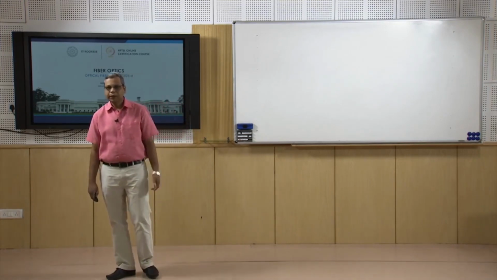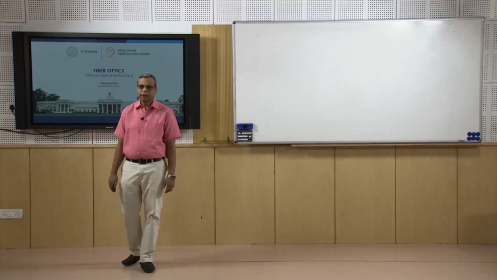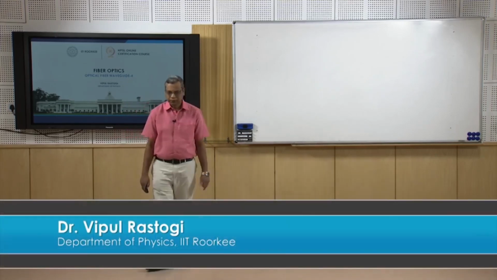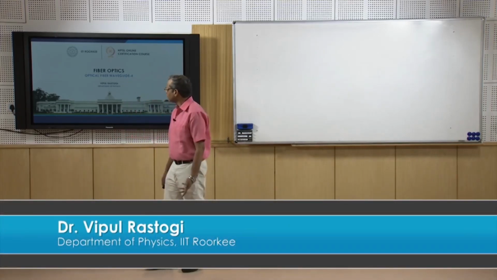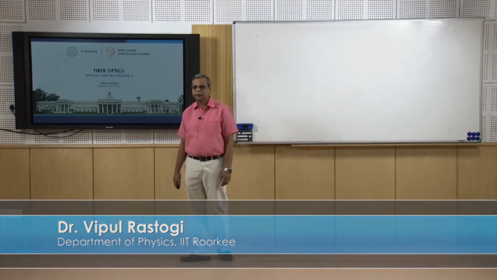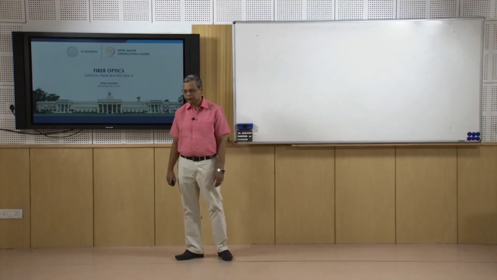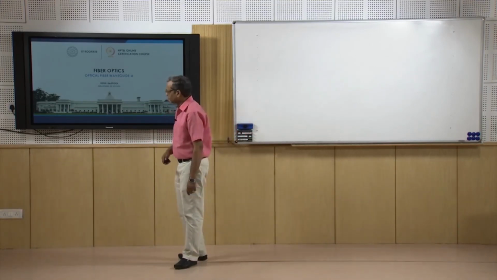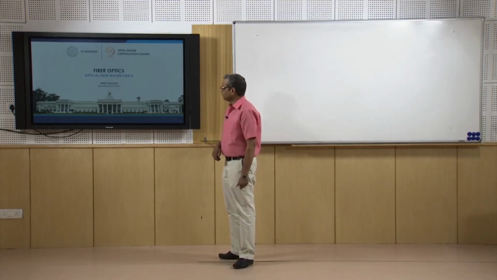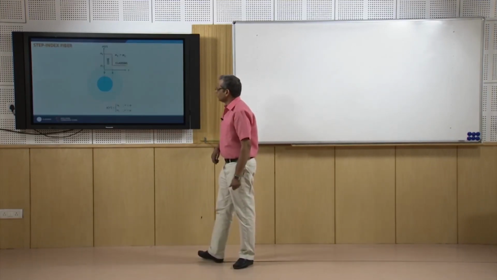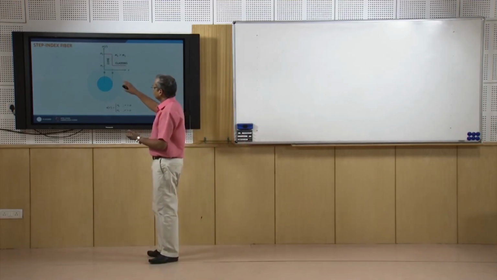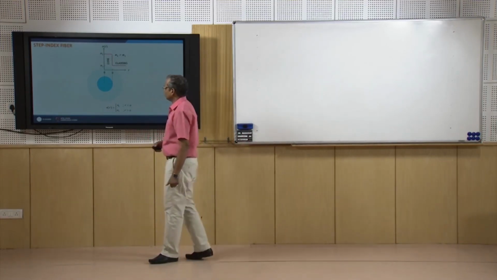After having understood the modal field patterns of a step index optical fiber, now let us have a look at what the fractional power in the core is, and how the power is distributed between the core and the cladding. So, again we are analyzing this kind of step index optical fiber,